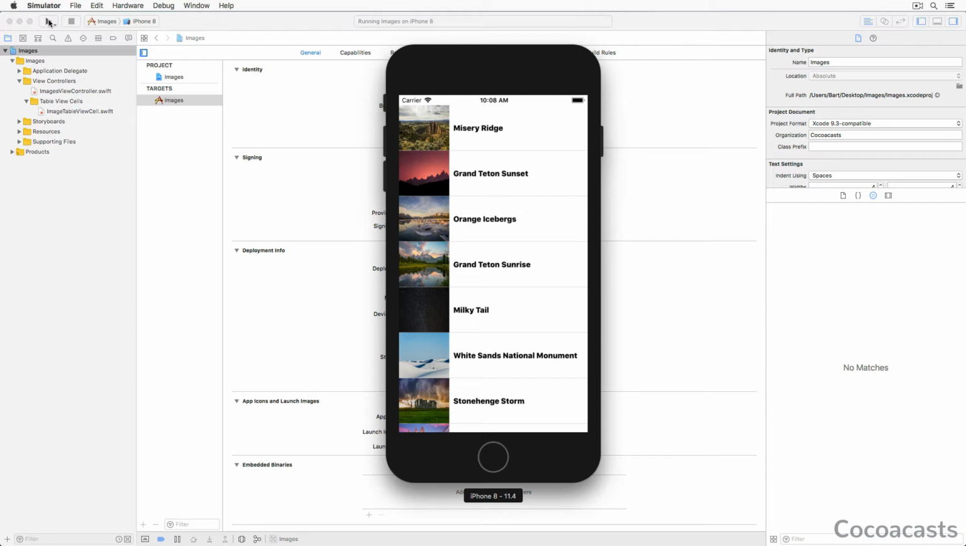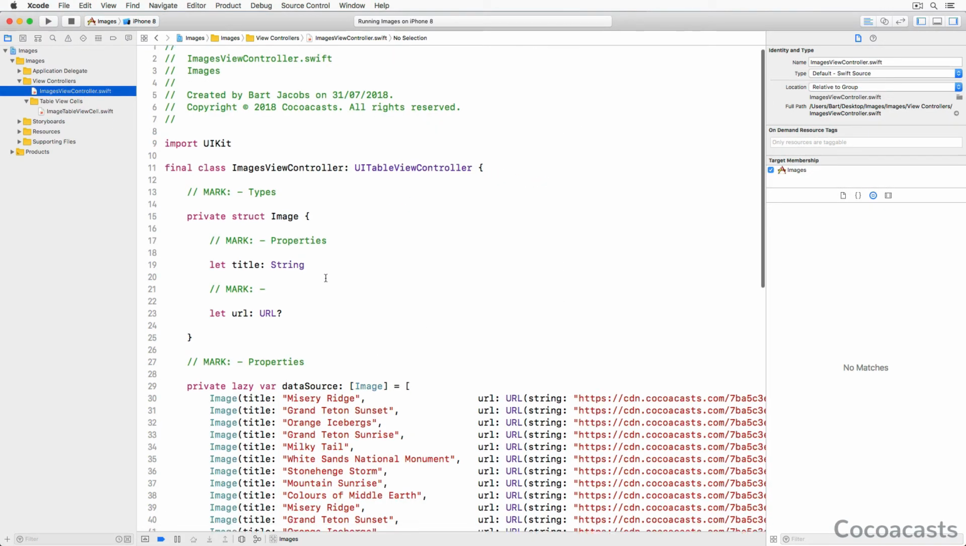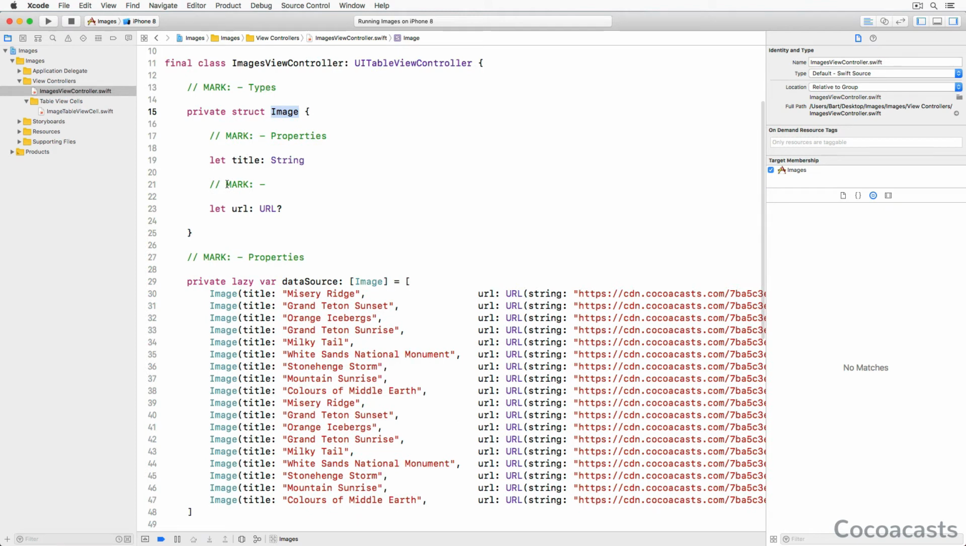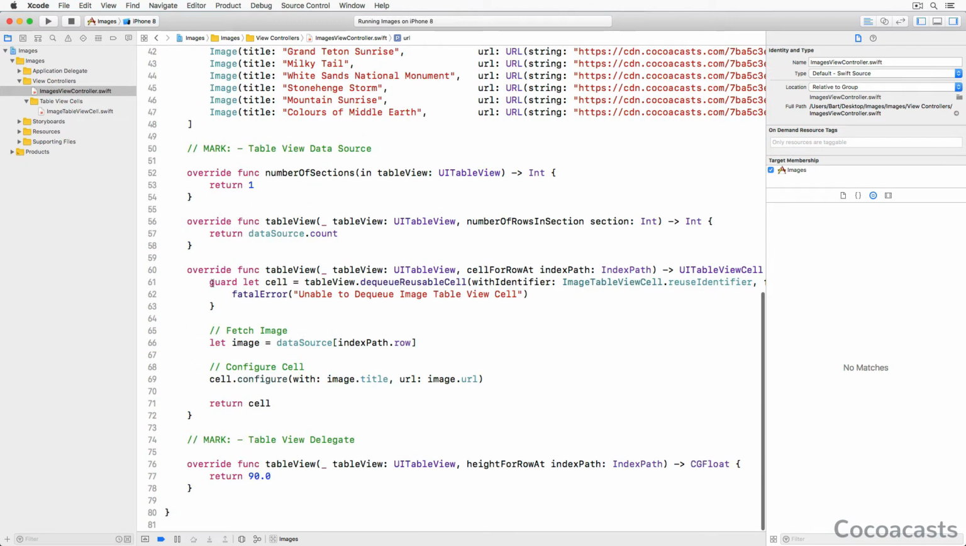Let me explain what's happening. The project contains one UIViewController subclass, ImagesViewController. The ImagesViewController class defines a property, dataSource, of type array of Image instances. Image is a private struct and it defines a title and a URL property. The array of Image instances is used to populate a table view. In tableView(_:cellForRowAt:), an ImageTableViewCell instance is configured with the data stored in